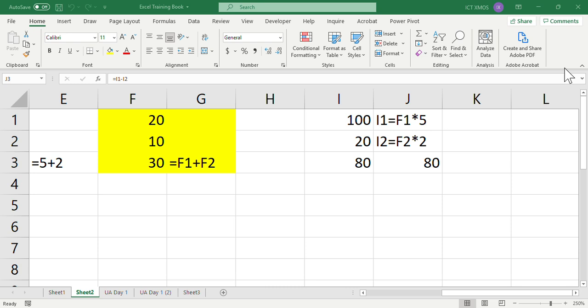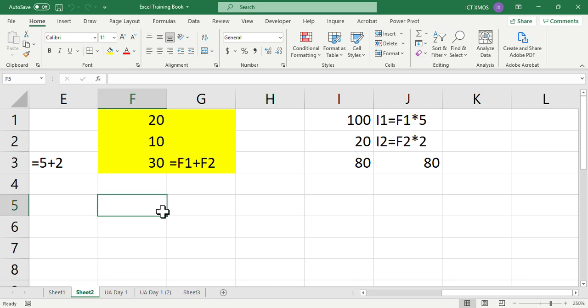So last time, if you remember very well, we said that in Excel, we can carry out mathematical functions and logic. Mathematical functions like plus, minus, multiplication, division in Excel. So, for example, for addition,